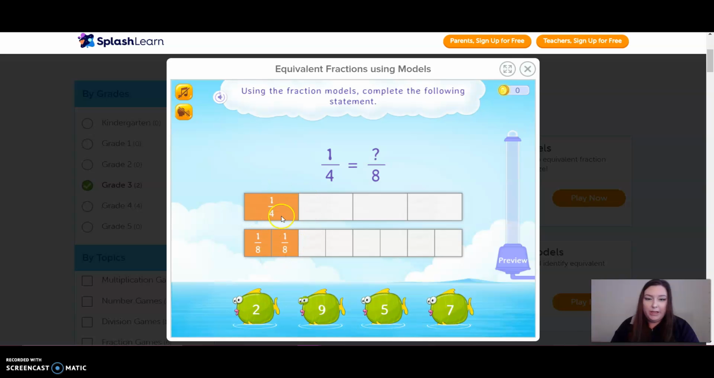So it shows up like this. It gives you the picture, the model of the 2 fractions that it's asking for the equivalent of, and then you choose one of the fish down here to match whatever this question mark is. So 1/4 is equal to what? 2/8. When you get it right, you'll get a check mark, and then you'll move on to the next